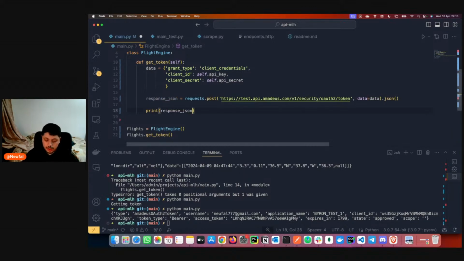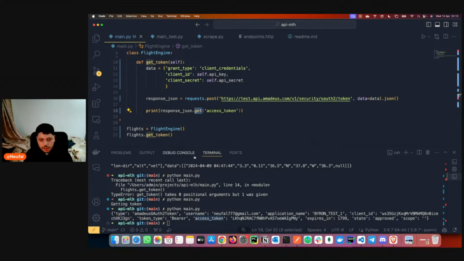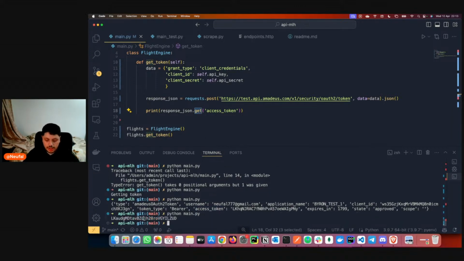And if you want to get the field, you can just use get access token. It will be this field exactly. It basically gets you the field with get from the dictionary. So if we run this again, we will get the token.